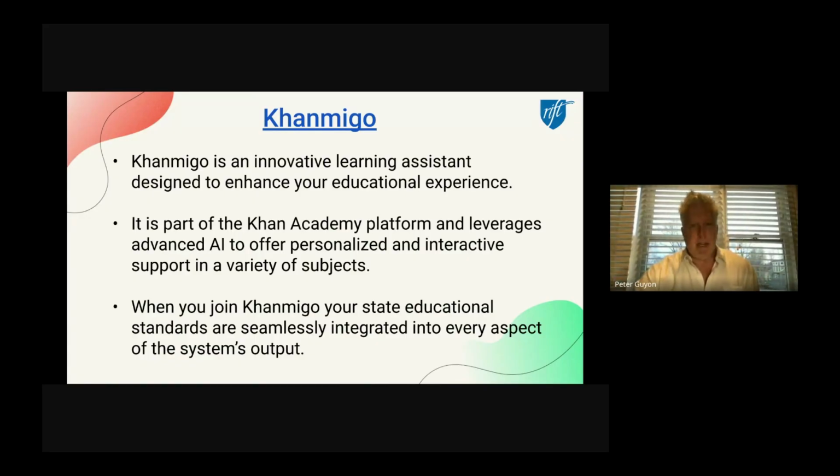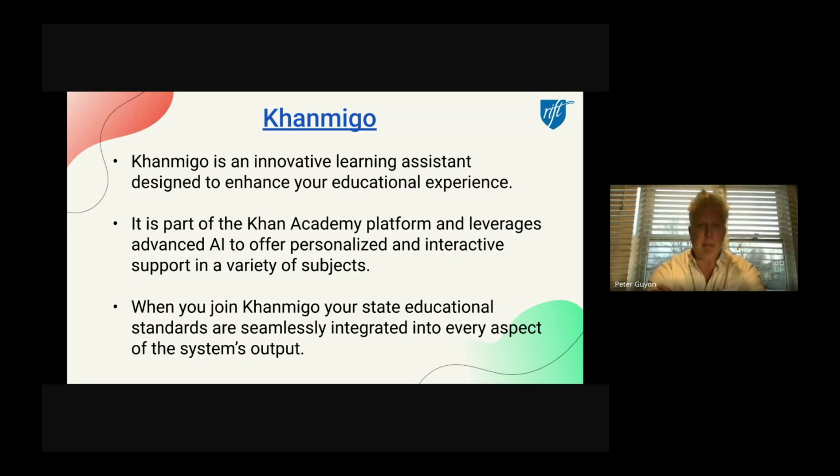Just to give you some basics on what Khanmigo is, it's a learning assistant designed to enhance your educational experience. If anyone in our session this evening is familiar with Magic School, it's very similar to Magic School with some of the tools. Might be a little easier, personally, than Magic School. I find Magic School almost too overwhelming with the number of tools, but it's similar to that, and it basically allows you to use AI for certain tasks. And like I said, we'll go over each of those different tools.